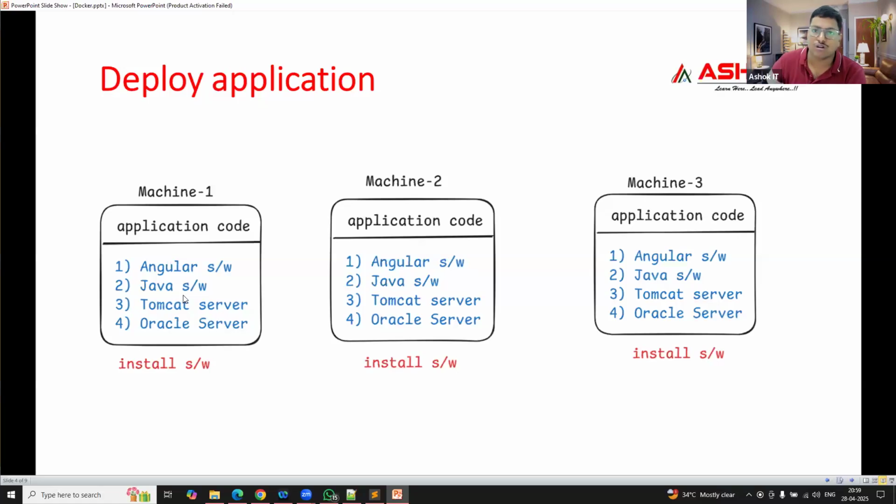Now, life without Docker. If you are not using Docker in your project, then you need to do the application deployment process and application execution setup manually. You need to take the machine, set up the software, then run your application. You need to take care of the software and the versions, and repeat the same task again and again. So there is a challenge here.